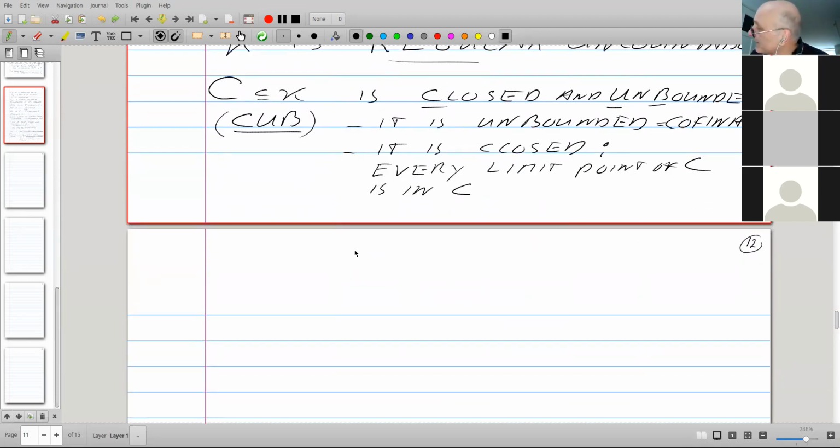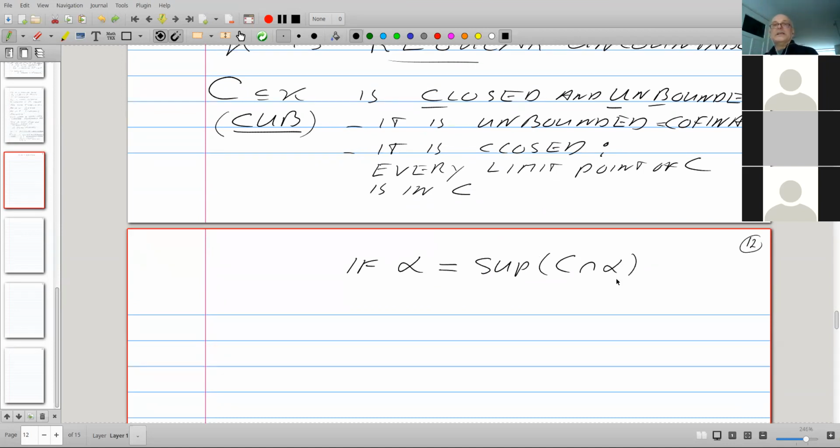That means that if alpha is equal to the supremum of C intersect alpha, then alpha is in C. So let me draw a picture.